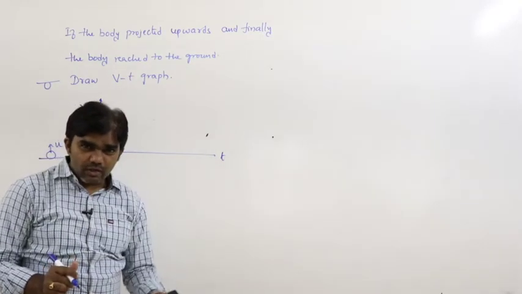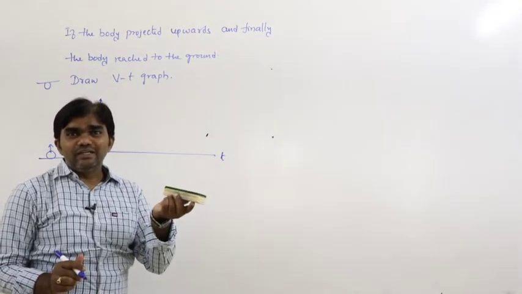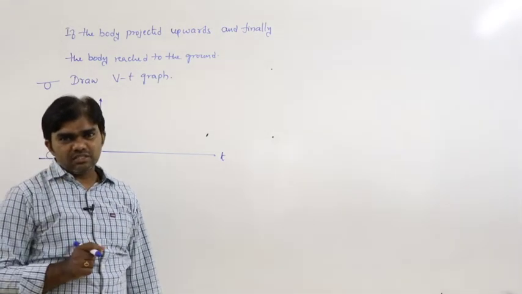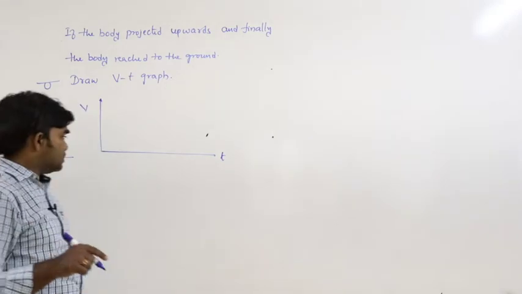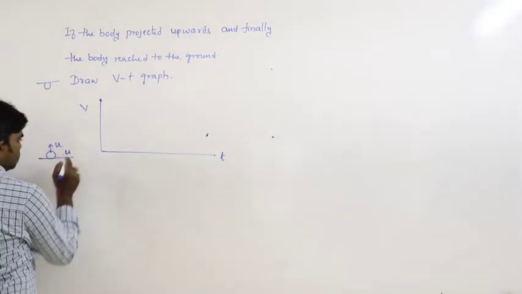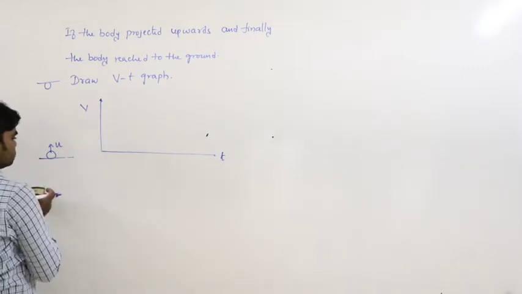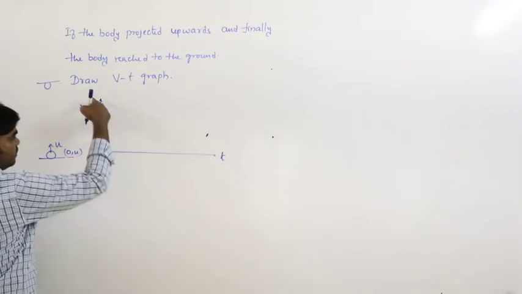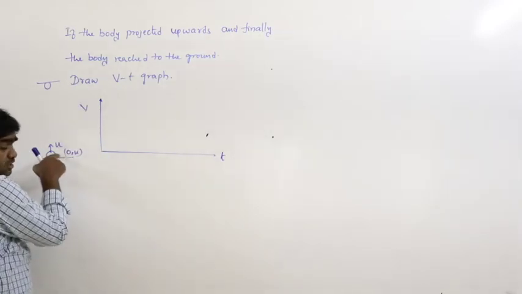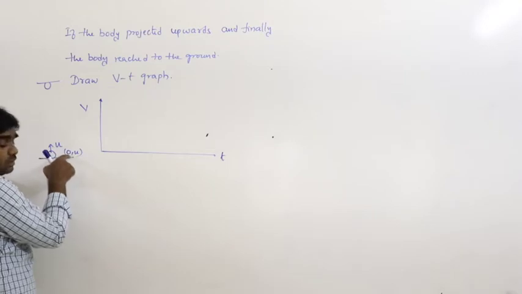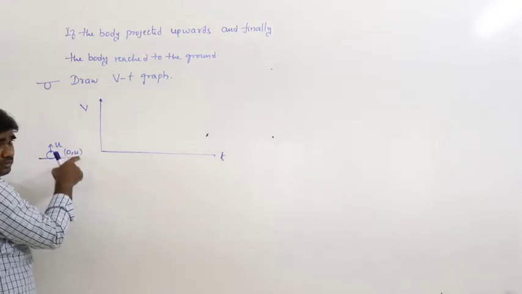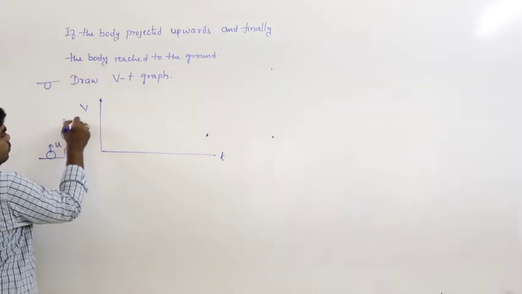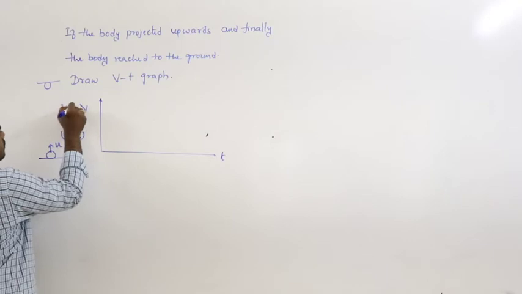While moving upwards, the body is moving with decreasing velocity. That means with increase in time, velocity decreases. Time increases, velocity decreases. At this position, how can you draw the graph? The point is 0 comma u, where the x component is t and the y component is velocity. That is why at the start of the motion, time is 0 but the body has maximum velocity. Time increases, velocity decreases. At 2, velocity decreases. At 3, velocity decreases.